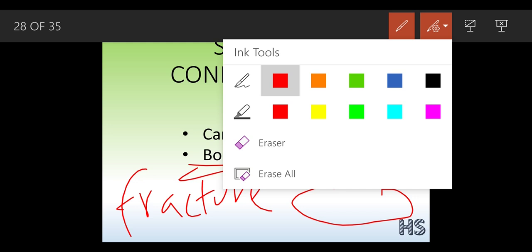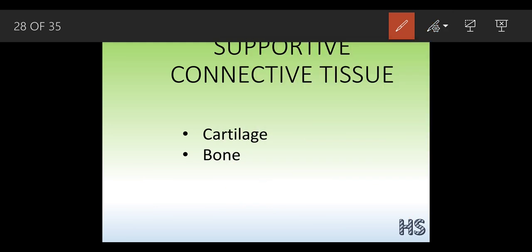What is the function of the blood vessels? To transport the blood. Suppose this is a blood vessel and it gets cracked in between. What is going to happen? The blood flow will stop at that part, and as the blood stops, it is going to cause a lot of painful sensations.